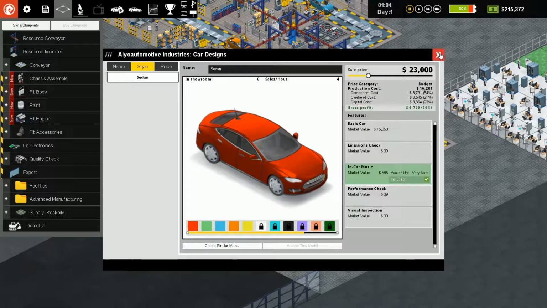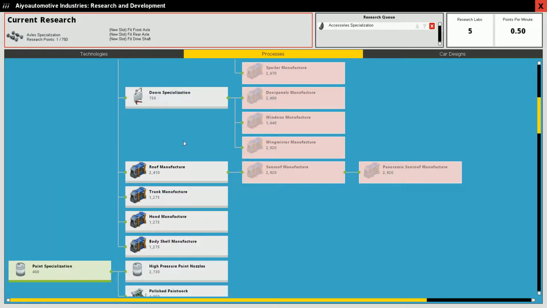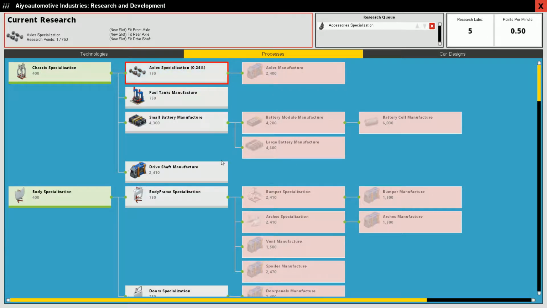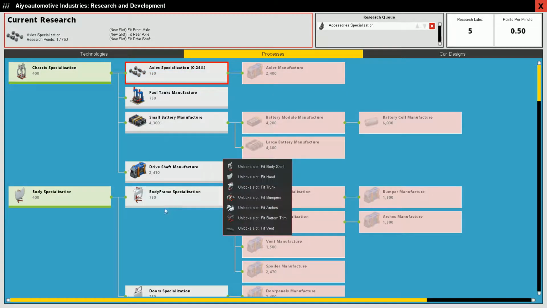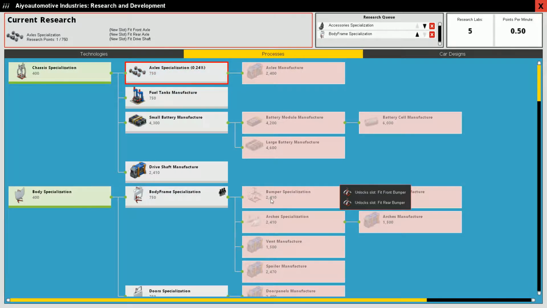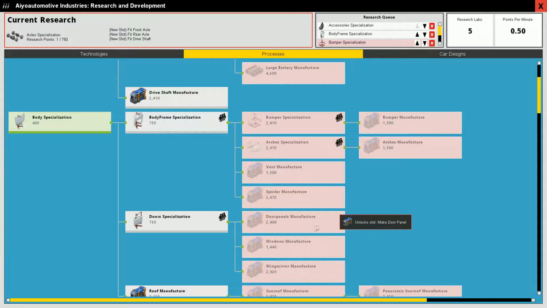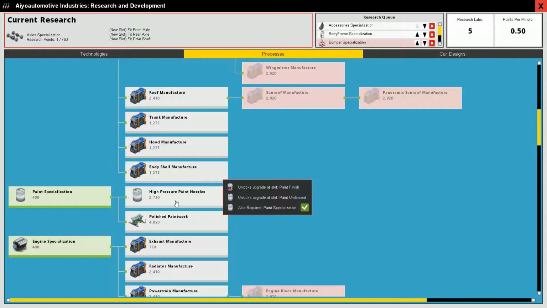Anyway, right. Since in-car music is apparently such a valuable thing, what I really need is to get... I do need this stuff. I really do. But I want to get... The problem is that I'm not willing to pay these prices so much. Bumper spec, archers spec. If I go for all this specialization, then I run the risk of